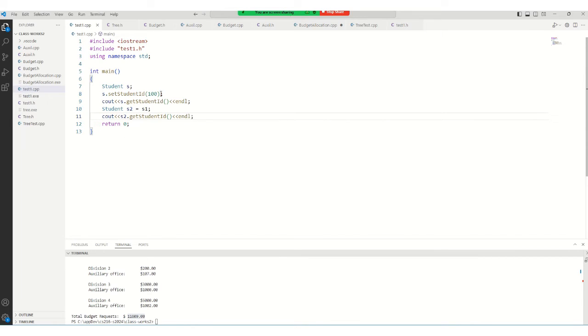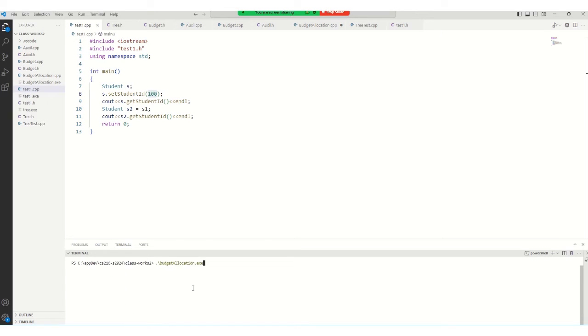I mean, exactly 100 here. So let's try to test it. What's going on? S1 is not declared. Oh, sorry, it should be S. S2 equals S. And then dot slash test1 dot exe, if you run it,